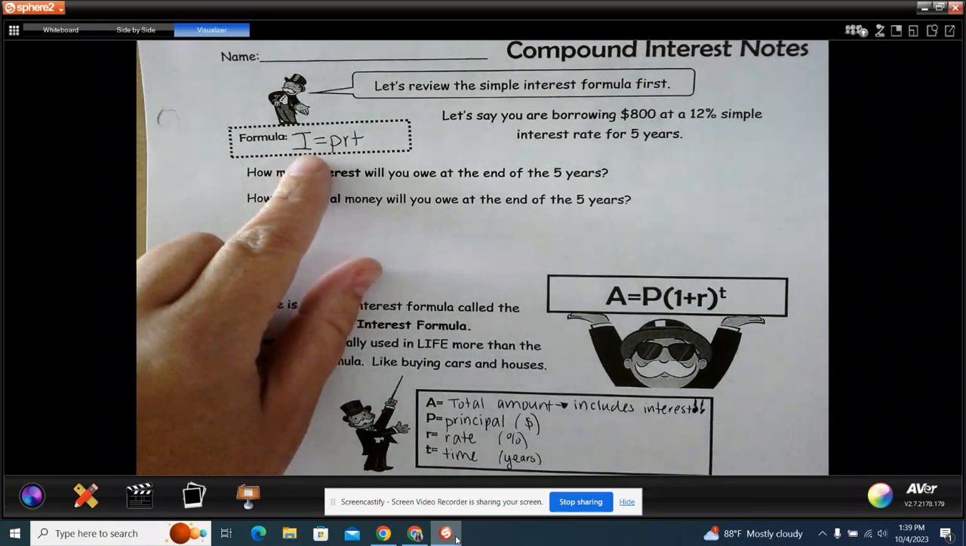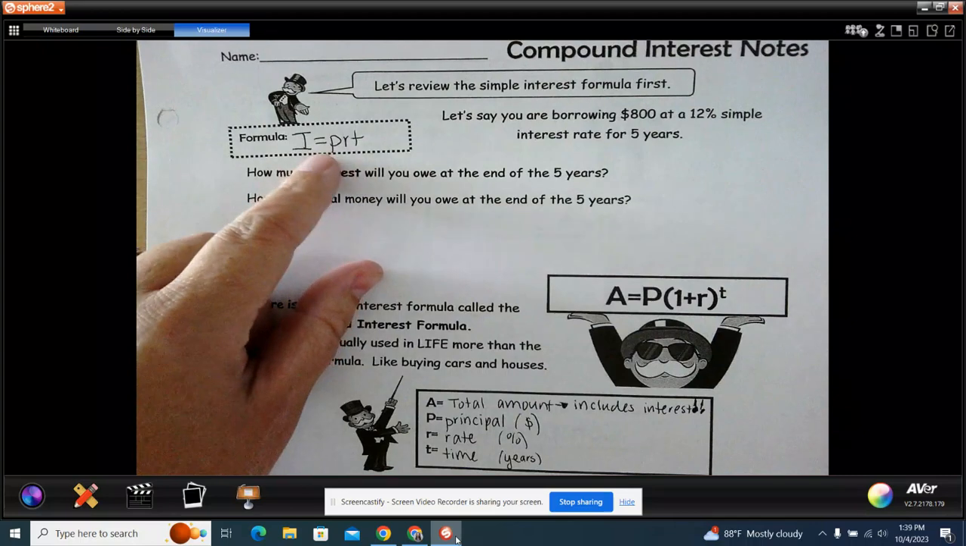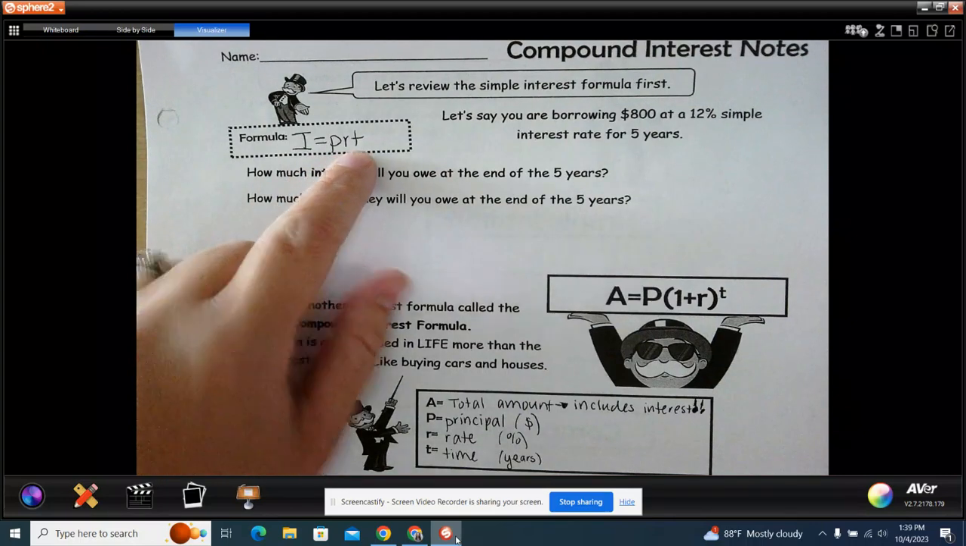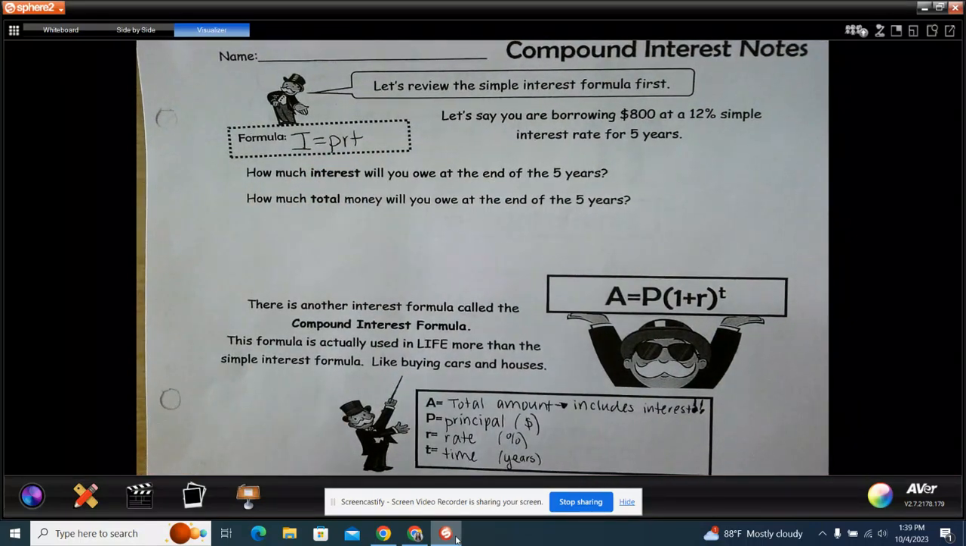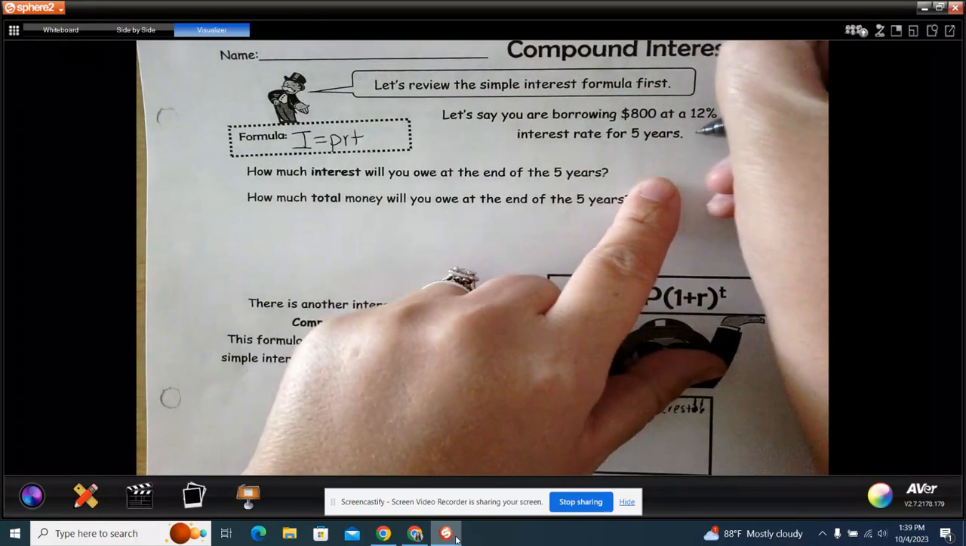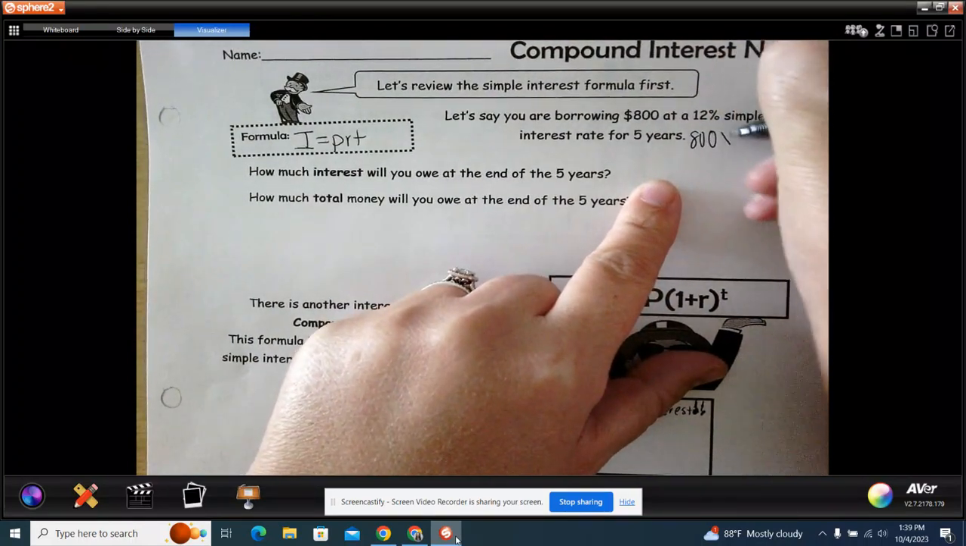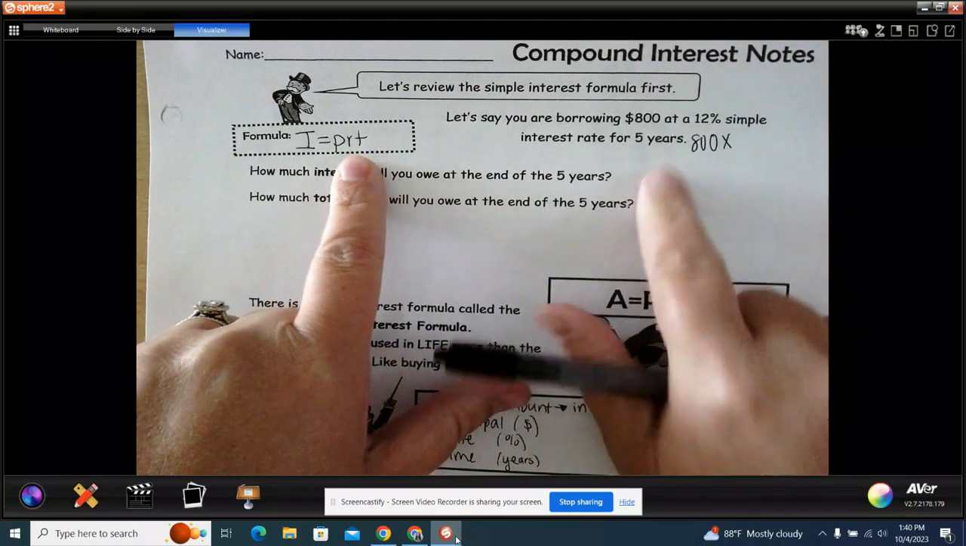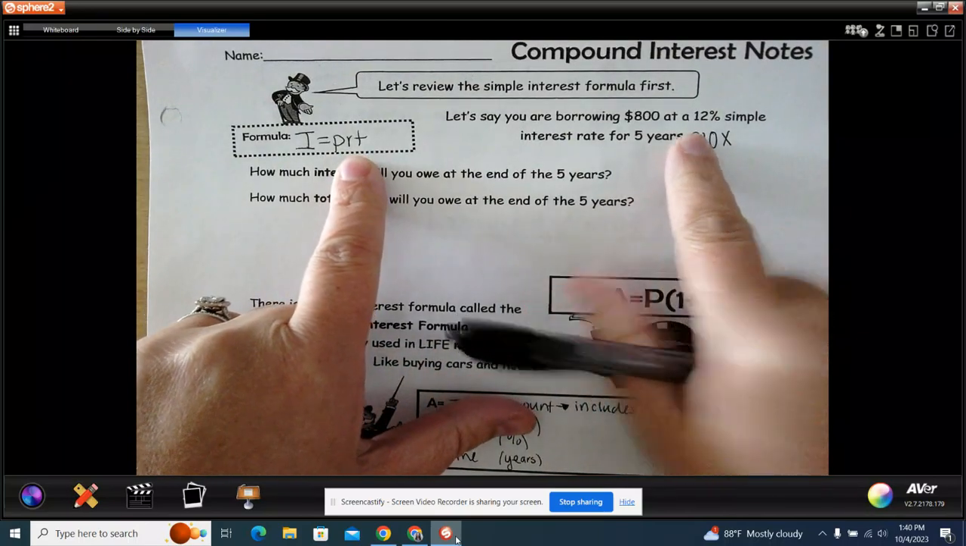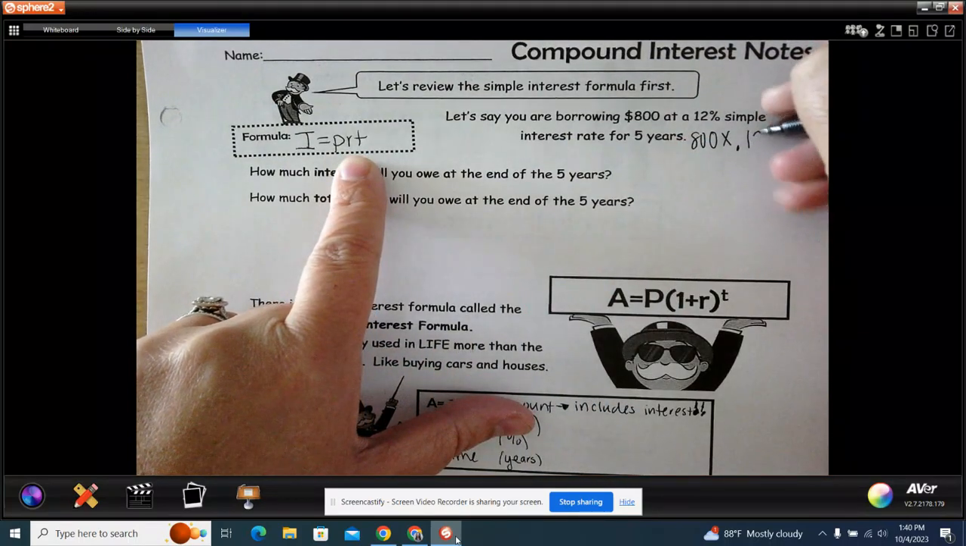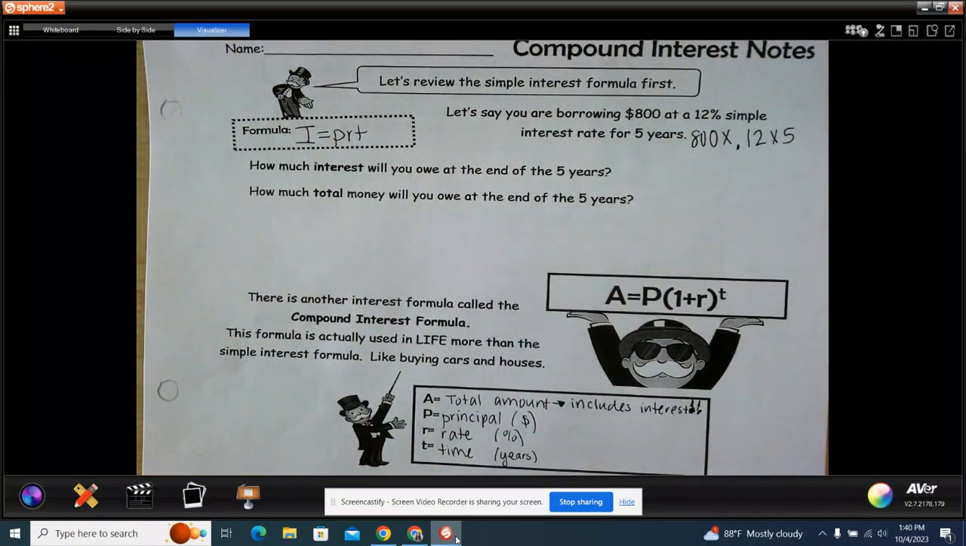So with simple interest, it's I equals PRT. P is our principal, R is our rate, T is our time. So my principal is going to be the money amount. So we have $800 times our rate. So our rate is 12%, but we need to change it to a decimal, so it is 0.12. And then our years is 5. Then we're going to multiply everything together. So we have 800 times 0.12 times 5, and that is